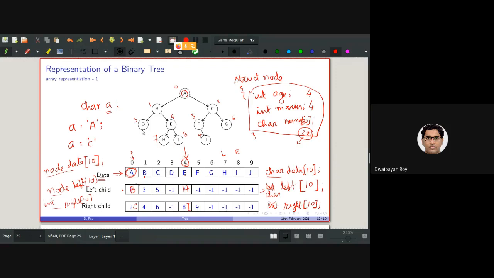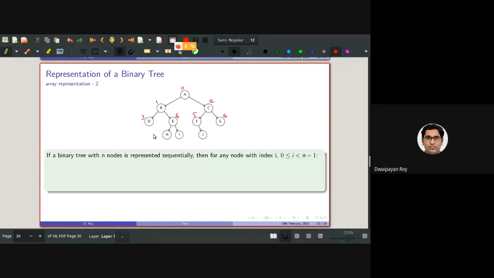But as you can understand, there are 2 empty binary trees in the left and right side of D. In the earlier representation, I was completely ignoring them. But here, I need to number them accordingly as well. So although it is empty, I need to number them. And this will be 9, this will be 10.